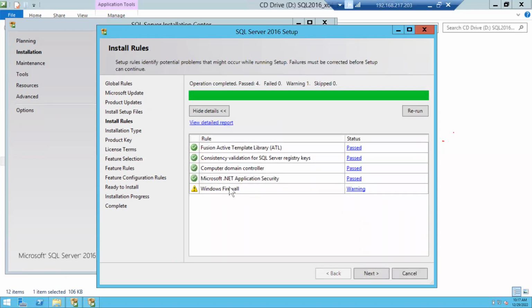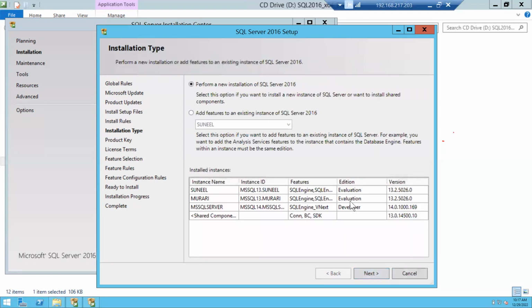See, you can see here all rules are paused, and there is one warning. So you can ignore warnings and click on next. Now I am performing a new installation, right? Perform a new installation of SQL Server 2016, or you may also choose add features to an existing instance of